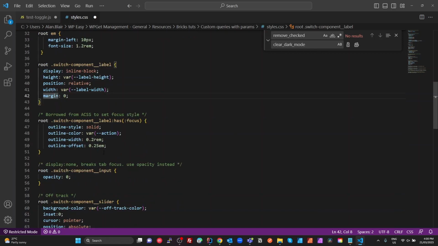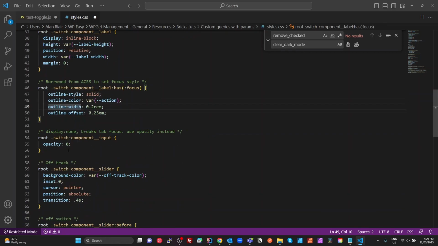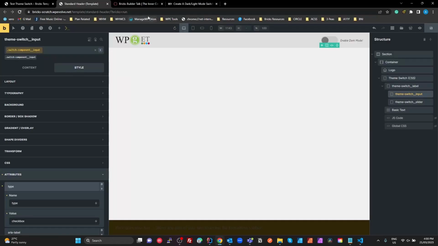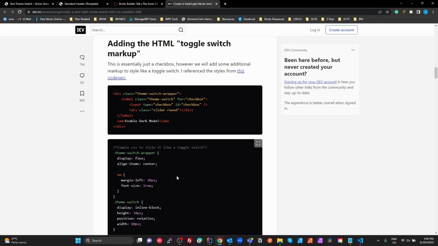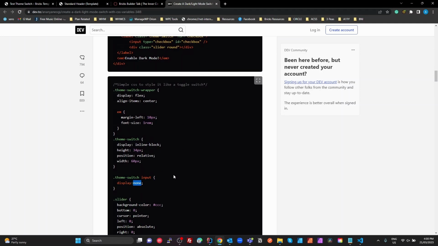Okay, then I already went through that focus. Now this is an interesting one. What we're doing with our input is we're setting the opacity to 0. In the example that I looked at, they were setting the display to none. Now, as far as accessibility is concerned, it will not receive any focus events because as far as it's concerned, there is no input that's being displayed. But if you set the opacity to 0, it's still there, you just can't see it, so it still receives the focus, so we can then use the focus